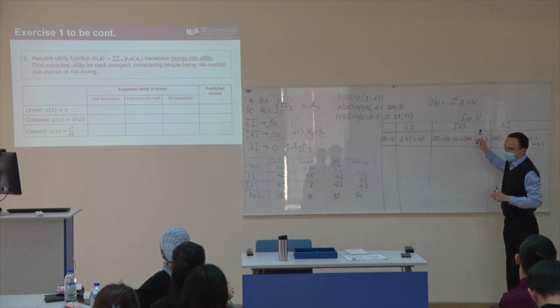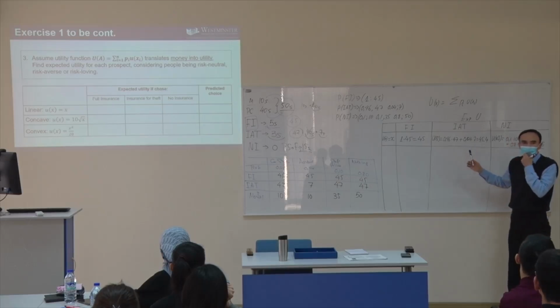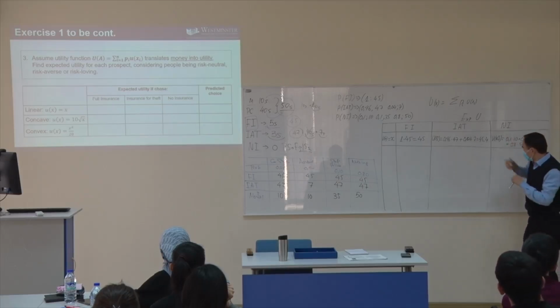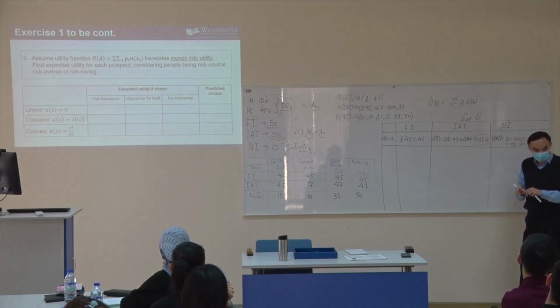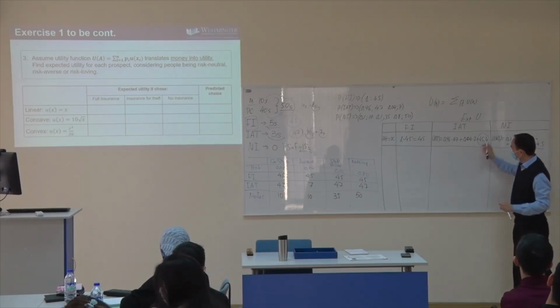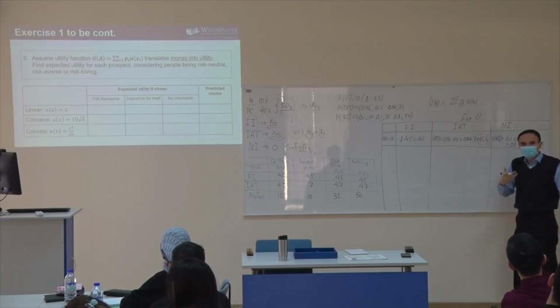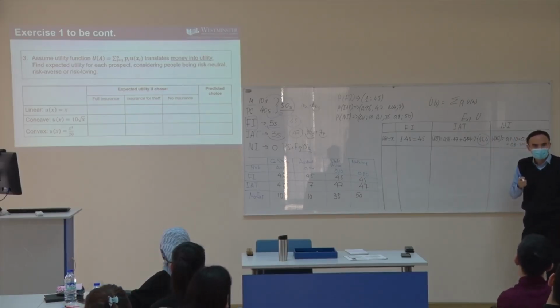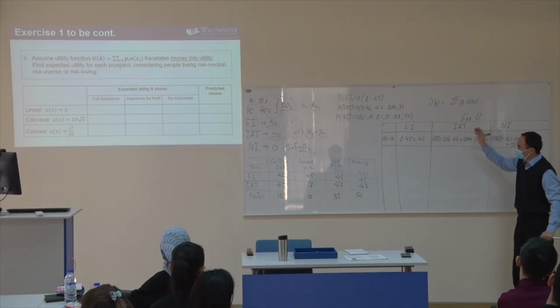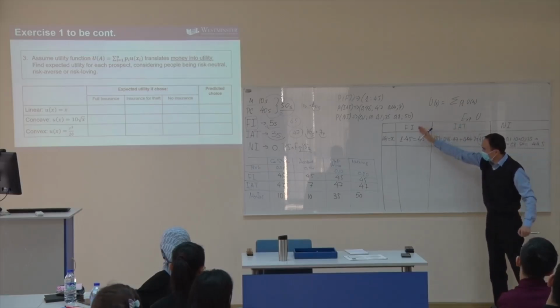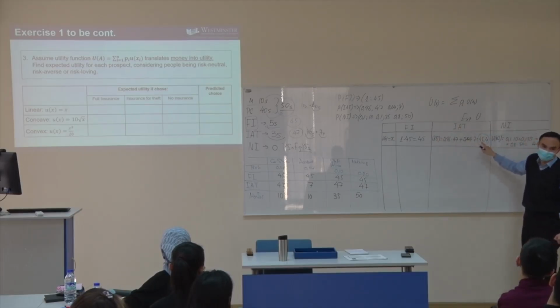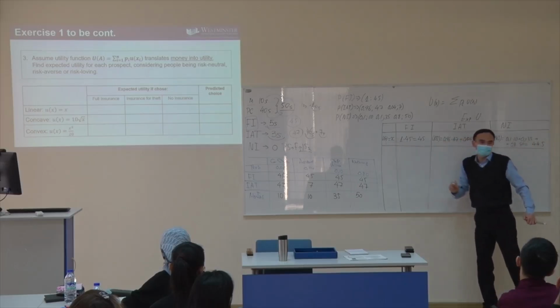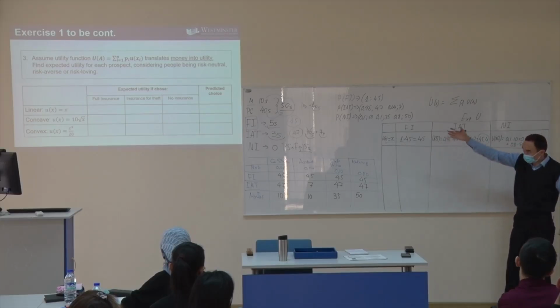So now if we look at the results, students, from which prospect are we expecting the highest utility? It is against theft. Because the expectation is the highest for insurance against theft, risk neutral people will decide to purchase insurance against theft, not full insurance or no insurance, because it's the largest. But the risk lover is also going to purchase. Doesn't matter. It is the nature of a person.